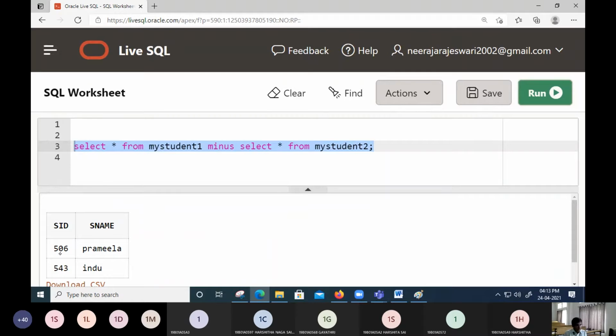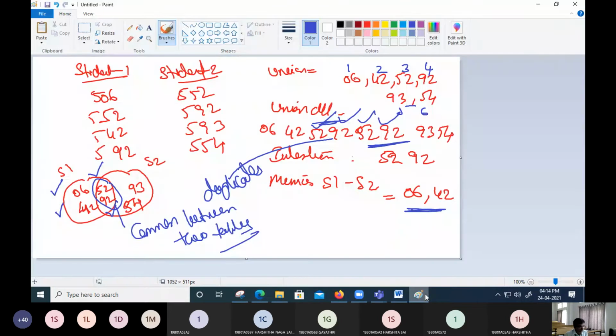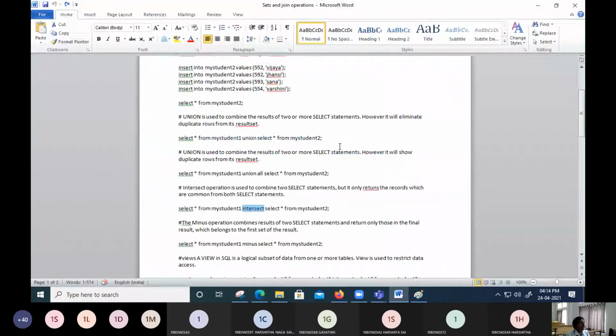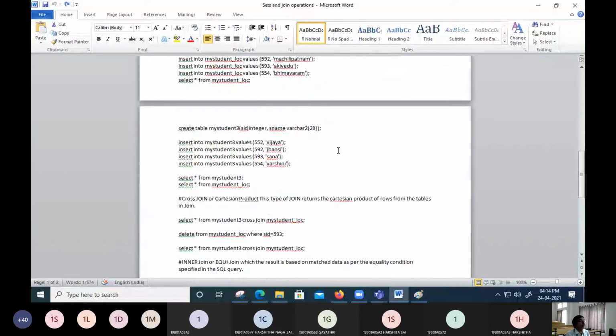So you can see the student ID is 6 and the student ID is 43, which are going to be part of the set, right? Only the serial number 43 and 6 are going to be from the set number 1. Only those two are going to occur. Fine. We talked about the 4 types of set operations.